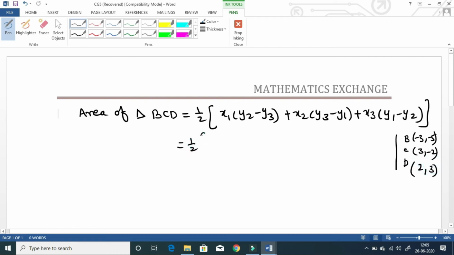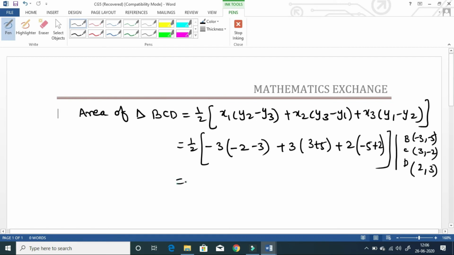So half into, now substitute values, x1 is -3 into y2 is -2 minus 3 plus x2 is 3 into y3 is 3 plus 5 plus x3 is 2 into -5 plus 2, bracket complete, equal to half into -3 into -2 minus 3 is -5 plus 3 into 3 plus 5 is 8 plus 2 into -5 plus 2